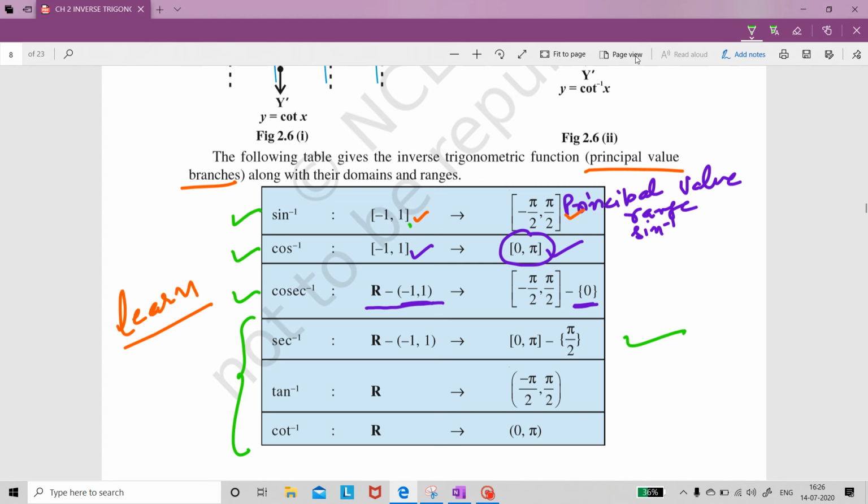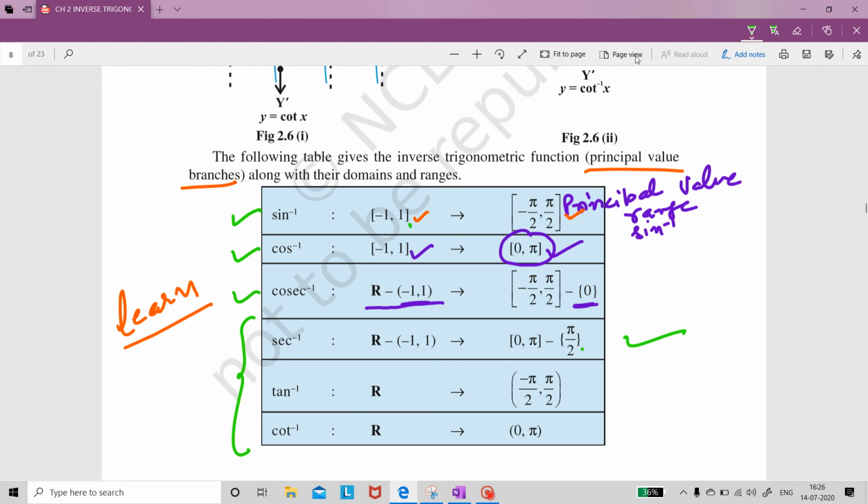Now if you see the secant inverse function's domain, if you compare it with the cos inverse domain, it is exactly, you can say, the complement of it. So the domains of sec inverse and cos inverse are complements of each other, and its range will be the same, but the point pi by 2 will be deleted from its range because cos pi by 2 is not defined. Its range is closed interval 0 to pi minus pi by 2. Why? We are deleting the point pi by 2 because the cos function is not defined at pi by 2. And sec x is 1 by cos x. So 1 by cos pi by 2 will not be defined.